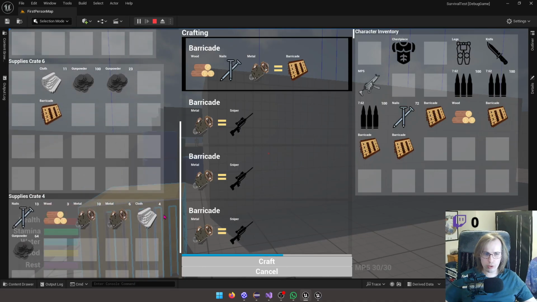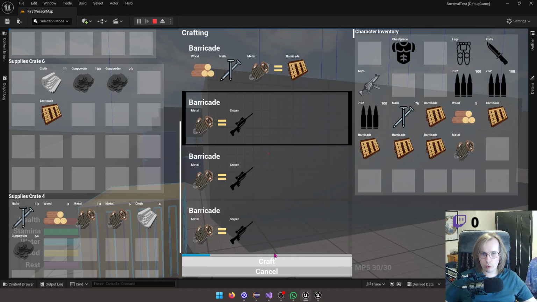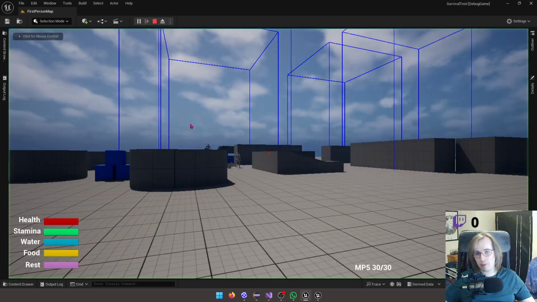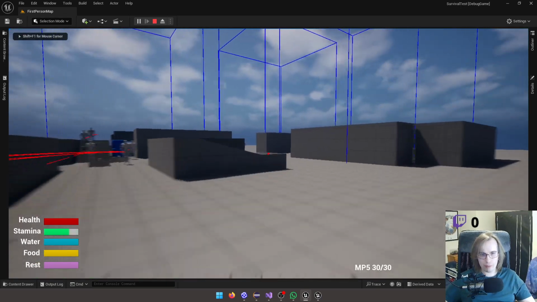Or did we have more wood than metal? We might have had more wood than metal. That would make another one. And then if I cancel all of them, yeah, fine. Just make 4 snipers. Cancel one of them. Cancel another, cancel another. Perfect, right, so we've now got a progress bar, we can cancel crafting recipes, and we get